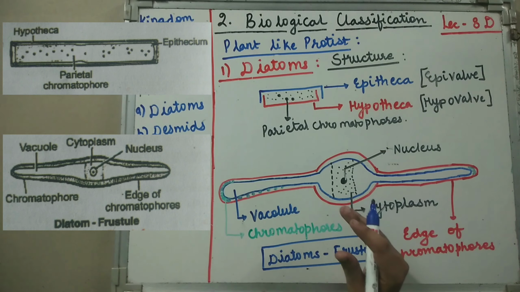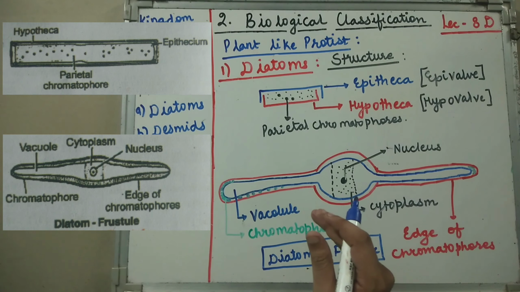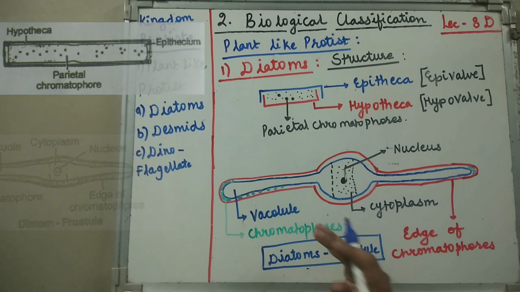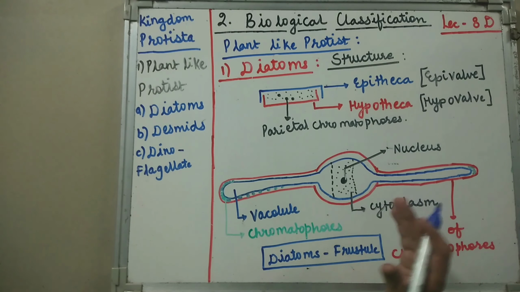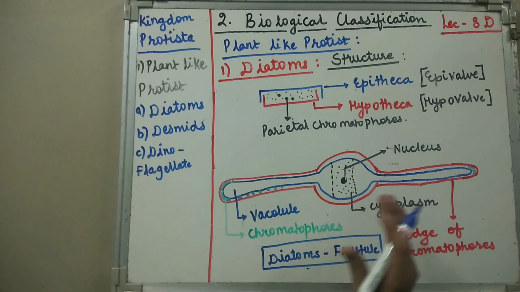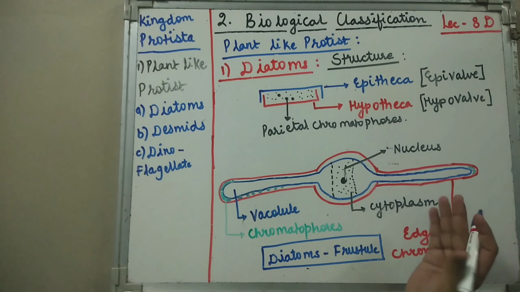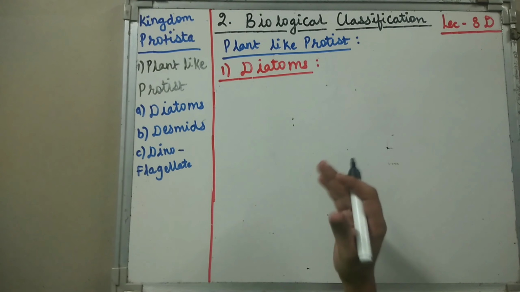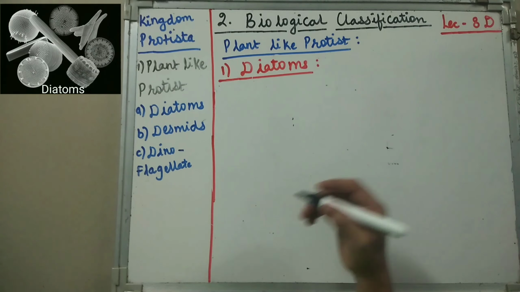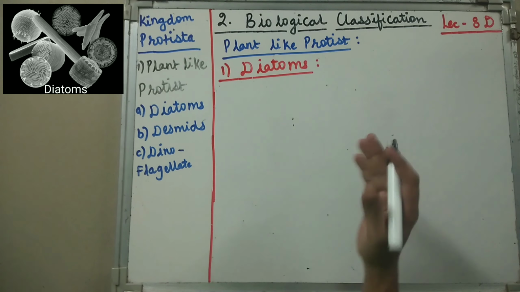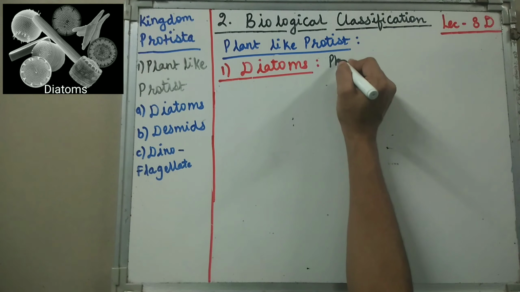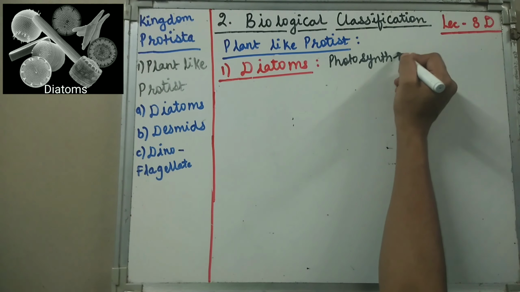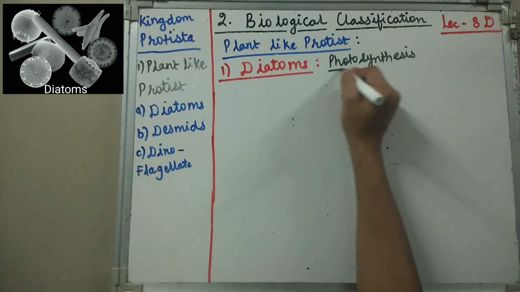In today's class, we are going to understand about the photosynthetic pigments that are involved in diatoms. Now we are going to see how this structure performs photosynthesis and what the pigments involved in this particular structure are. So let us now understand how diatoms perform the function of photosynthesis, what chemical components are present in diatoms with respect to photosynthesis.